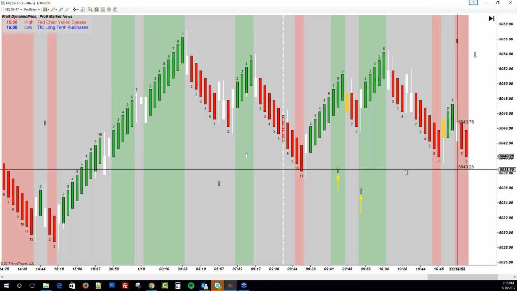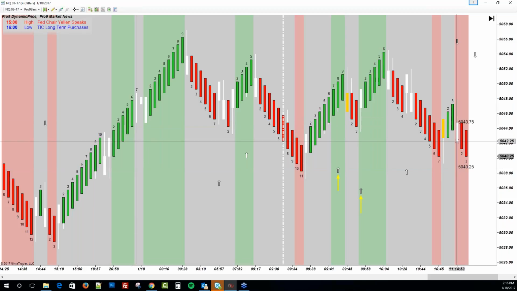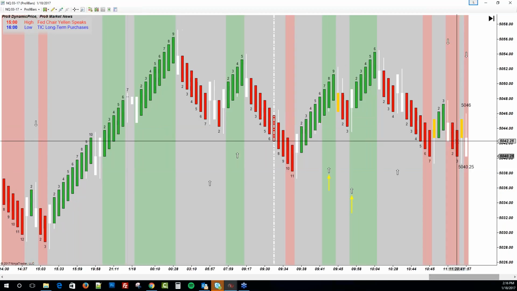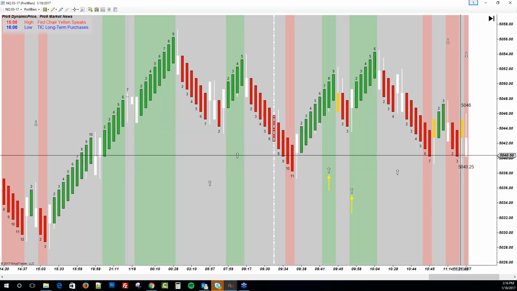But we're not going to catch a runner if we don't have the third contract in there for the opportunity. But we also want to be stacking profit in the bank while we're looking for these opportunities to catch runners. And again, if we're able to enter on the turn bar, so in this case, we would hit our profit target, and then we have a yellow turn bar pointing up,